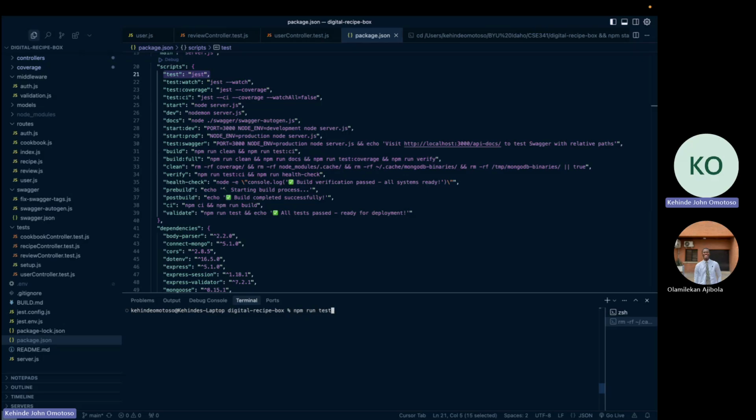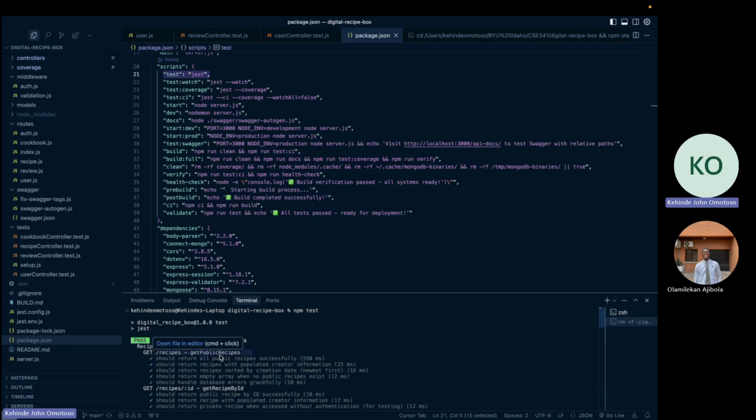In the terminal, npm run tests, npm tests. We have configured this in our package.json to be able to handle it. So we are testing for review, for cookbook,